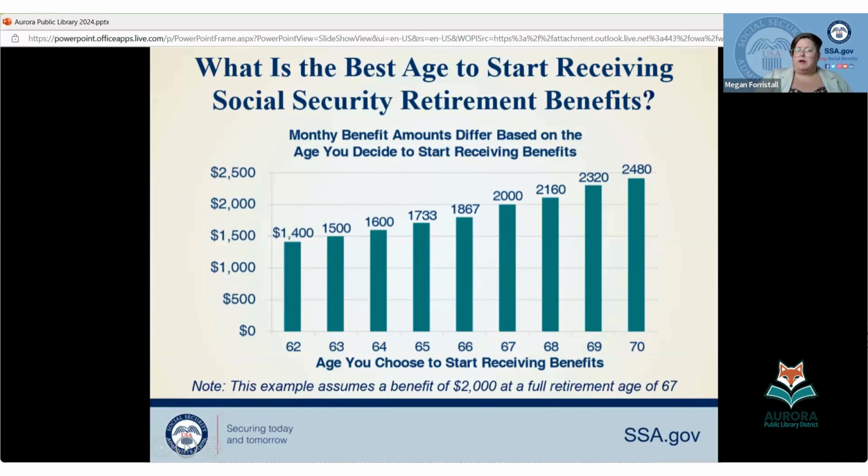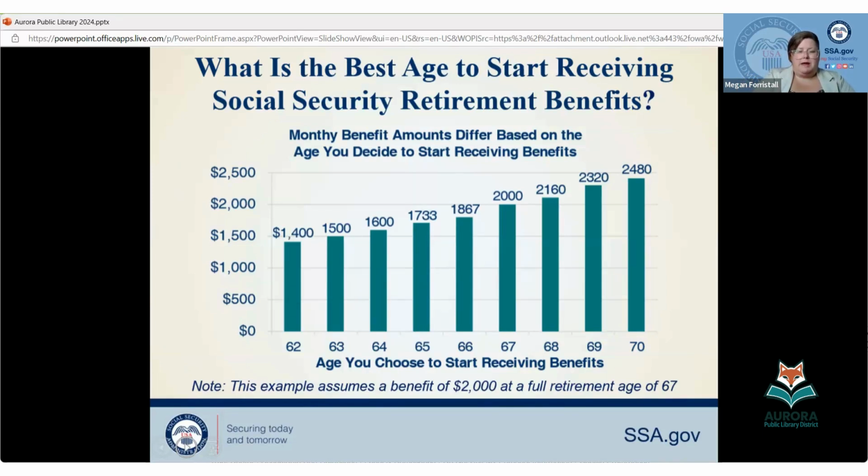And then say you're not ready to even file yet at your full retirement age, you continue to wait. You can wait up until age 70. And between full retirement age and age 70, you're earning what we call delayed retirement credits. And those are going to average about 8% per year. So there's going to be a lot of external factors that go into that decision that we're not able to coach you on. Some people might use a financial planner, some people are just going to run the numbers themselves and see what would be the best option for me.